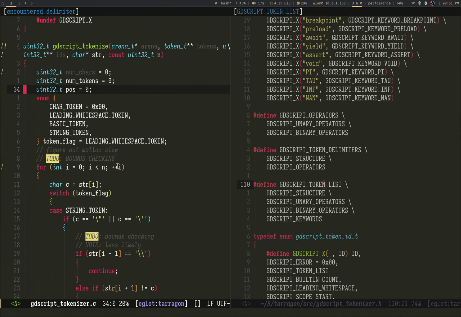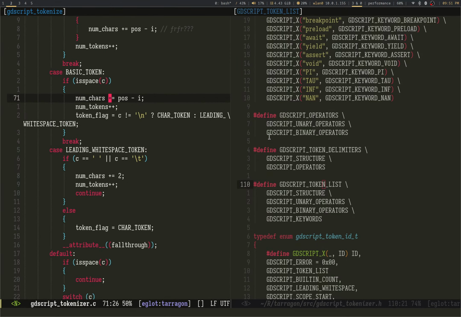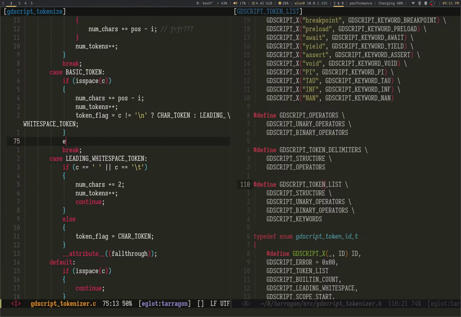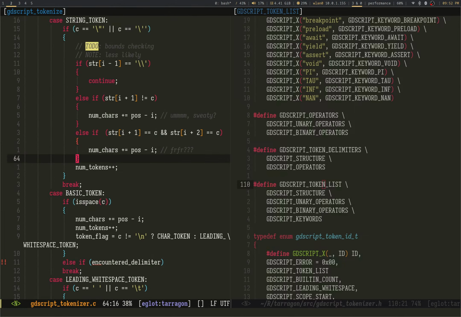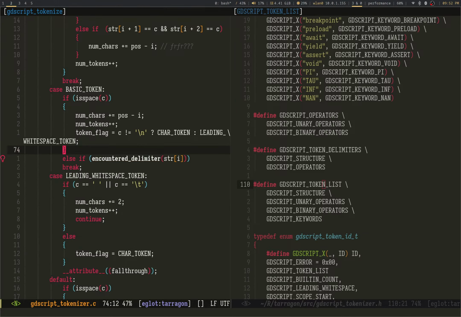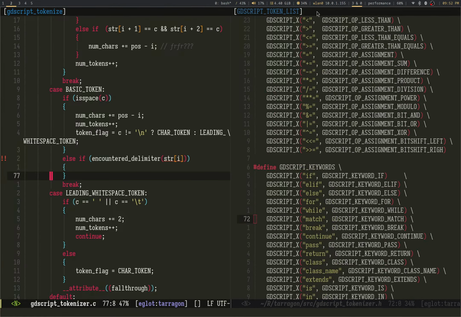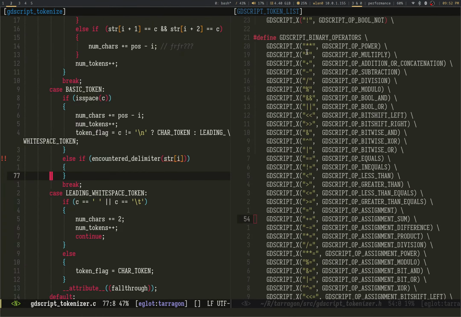Alright. This is basic token. So, basic token. Else, if you encountered delimiter, and I don't actually want to compare string. I want to compare string I because, as I said, we have not single character delimiters, unfortunately.